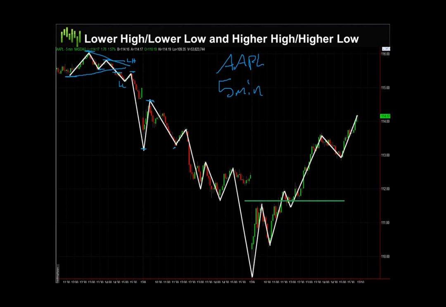All right, then lower high, lower low, all the way down. Right here, we put in a higher low. Overall trend is still down though, because we have lower highs, so we can draw another trend line. Break the trend line, you can sell on the break. Once again, lower lows, lower highs, all the way down. We continue down, and then right here, we put in a higher low.